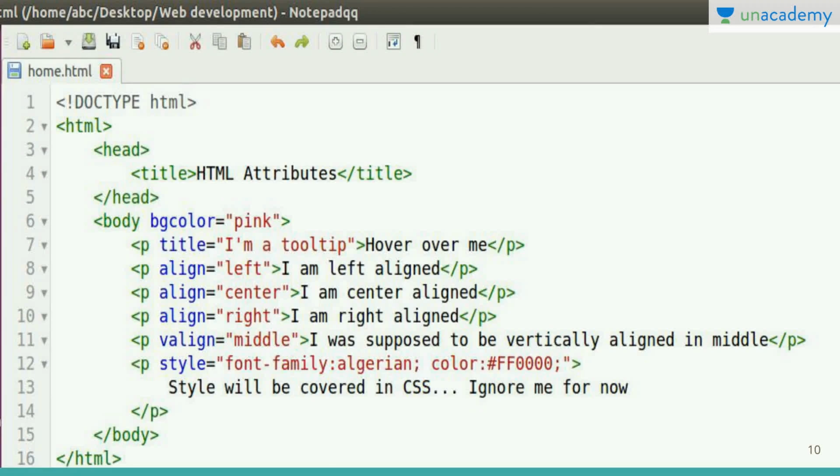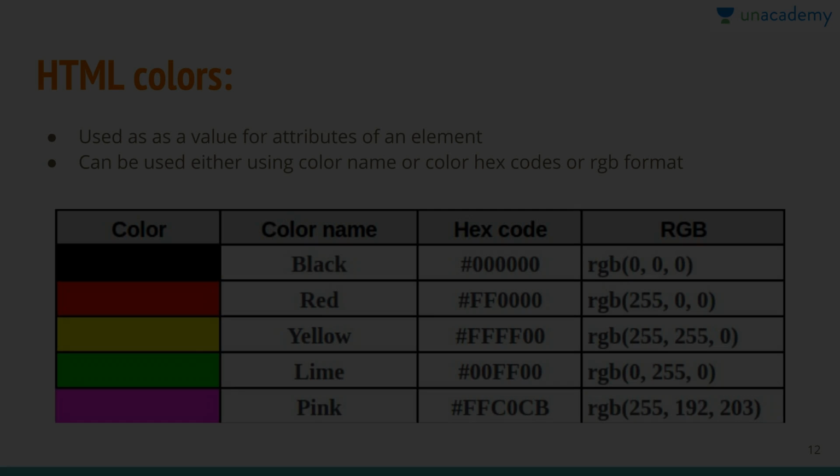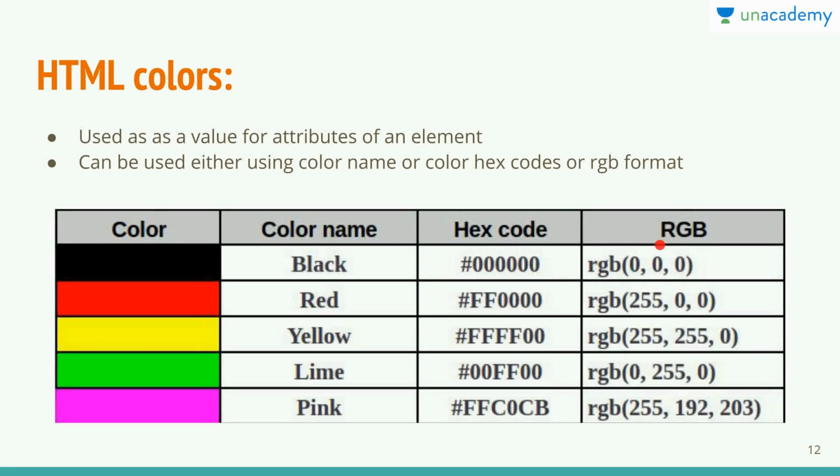Now see, here I have used the bgcolor as pink. So there are many colors in HTML, and a color can be referred to either with the name or with a hex code, and we can also use RGB. But using the name is not preferable because in some browsers names are not supported. So we will always use either hex code or RGB. You can get the list of colors on the internet, on the official HTML website, W3.